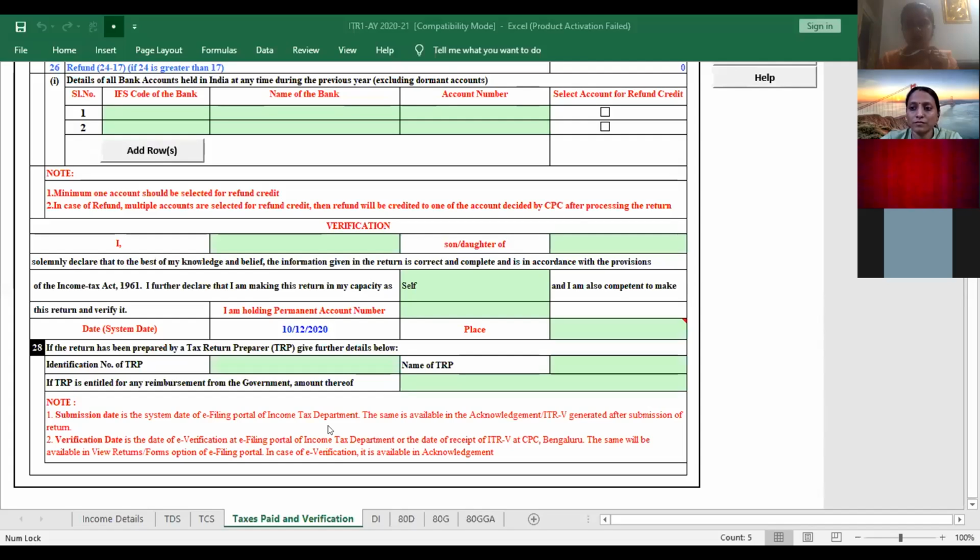Now, in my Form AS26, the transaction of TCS is reflected, wherein total amount paid is 15 lakhs and 15,000 is shown as TCS deposited. So my question is, do I need to show this anywhere in my returns in ITR1, or I should not do anything and it's the builder who will claim the credit of TCS and I don't have to do anything? Please clarify. No, if there is a TCS certificate, as I showed you over here, there is a whole place